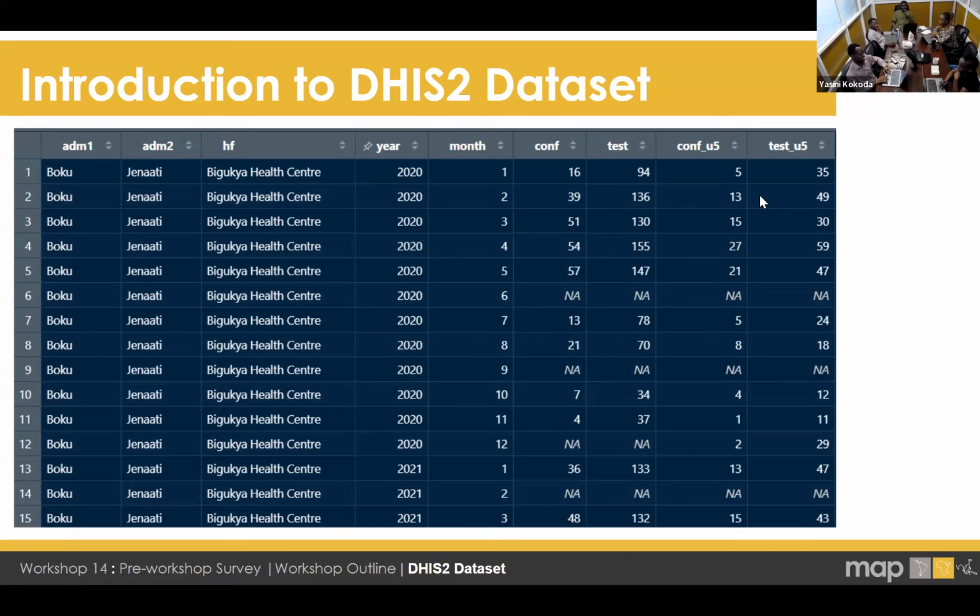Oh, sorry, my bad. It includes the under 5 and over 5. We are just breaking it up by treating the under 5 separately because of epidemiological reasons. Yeah, so it includes.